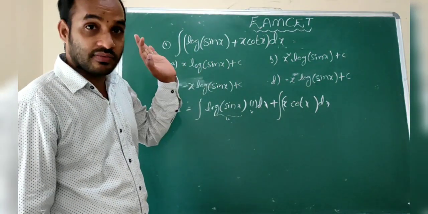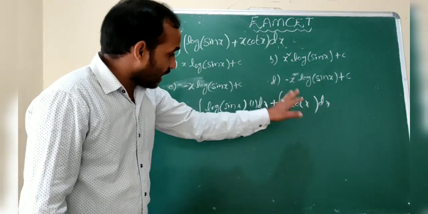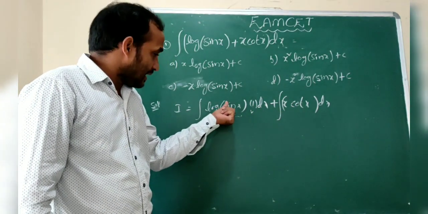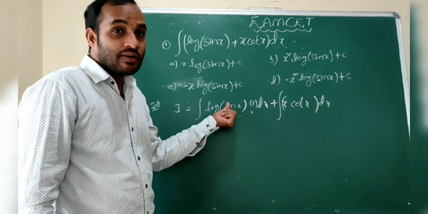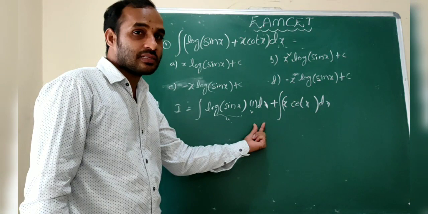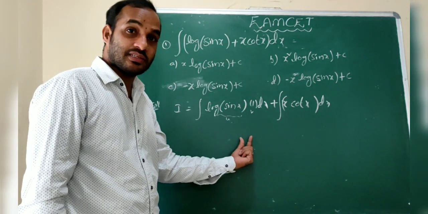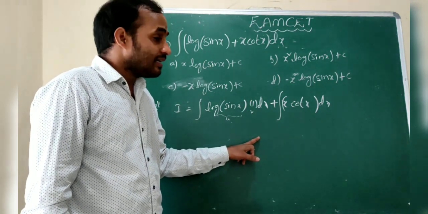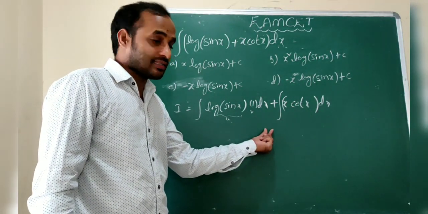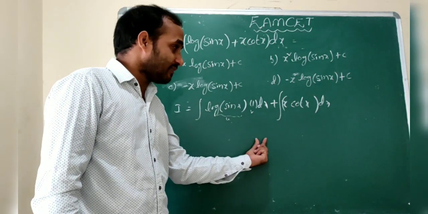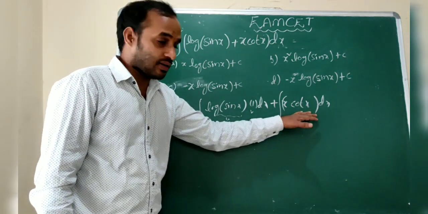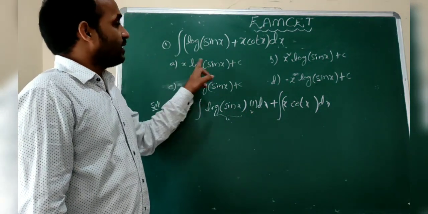So outside is x log sin x plus c. So is it correct or not? We can check it once again. By the way, again minus the derivative of this: the derivative of log x means 1 by x, that means 1 by sin x into the derivative of sin x, which is cos x. Cos x by sin x means cot x. Here is minus cot x, again integrating, x means x cot x. Here minus the integral of x cot x plus the integral of x cot x, we get them cancelling out. So only x log sin x remains.